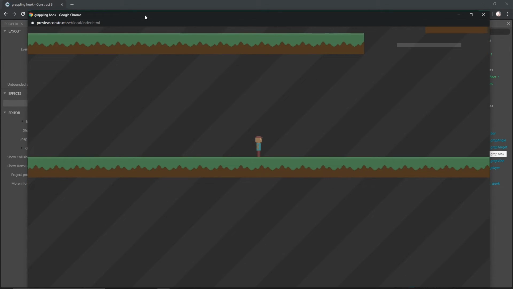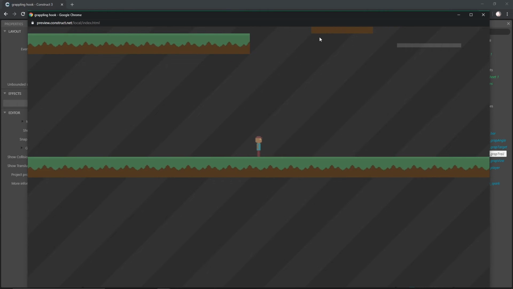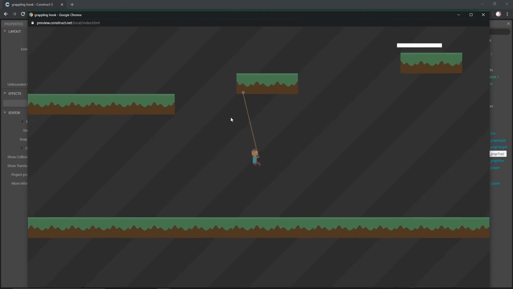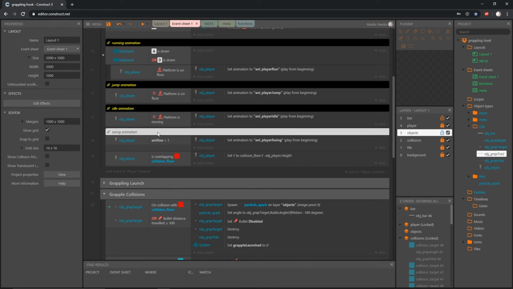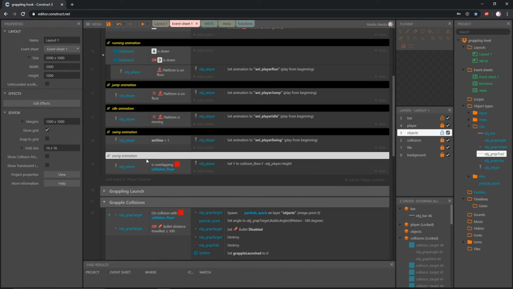So our guy just popped right up out of the ground and did not get stuck in the floor. And I'm going to highlight one of these, control click, drag down a copy, and edit that. I'm going to say prevent player from getting stuck in floor